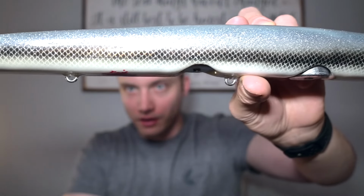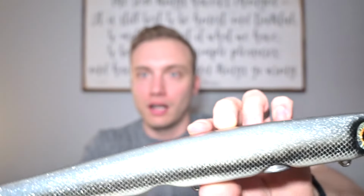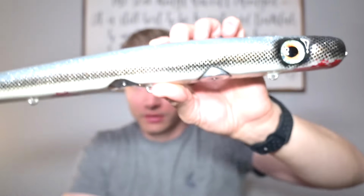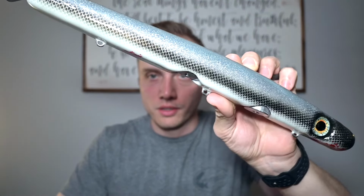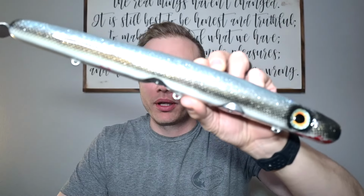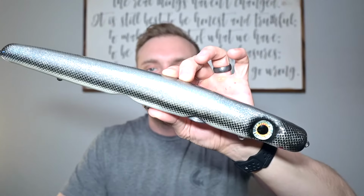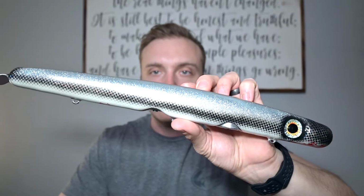Just a really good lateral line that goes down the length of the bait, and just that awesome ultimate glitter, bluish silver. I cannot wait to take this glitter Cisco pattern to northern Minnesota this season. I think it will just absolutely crush up there. Just a bigger profile, and I don't know if you could find a better Cisco match out there. Again,